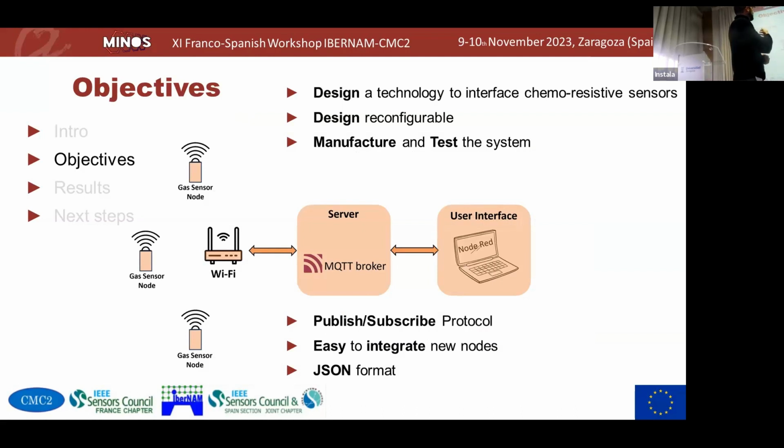So here I am showing you a really simple block diagram, in which I present a few sensor nodes interfacing a hotspot through wireless fidelity, and the information they are sending travels wirelessly to a server